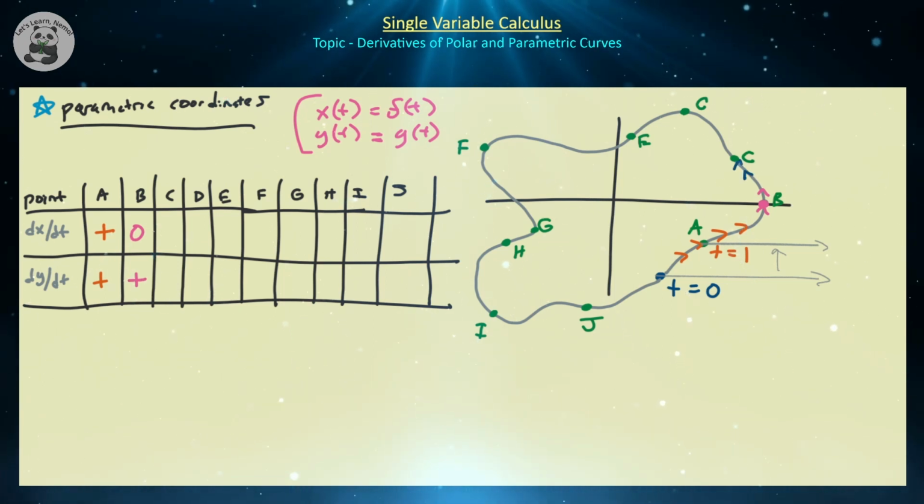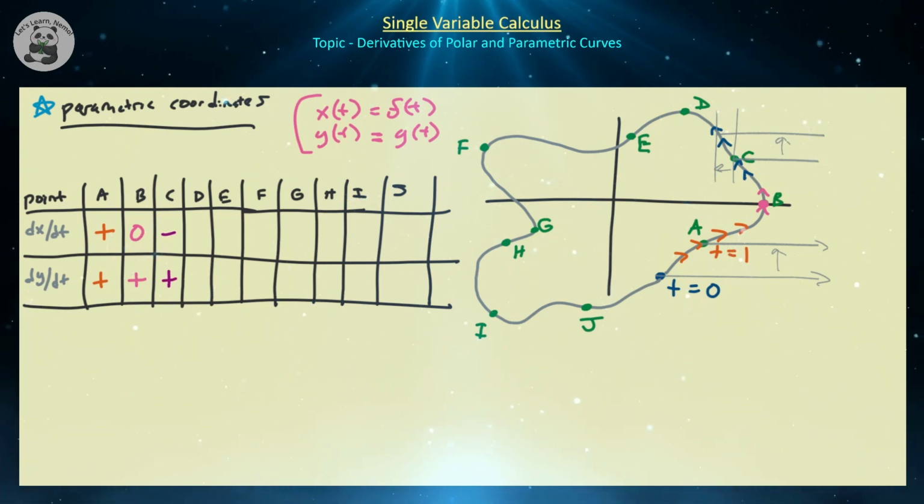Keep in mind, as we traverse along this curve, we're still moving upwards, and I'm not sure why that looks like a C. It should look like a D, right? So there's our E there. Notice that we're still moving up in the vertical direction, because if we look at point C and some points slightly above it, we are still moving up, but we are moving leftwards in that particular direction, right? So dx/dt is going to be negative, but dy/dt is still going to be positive